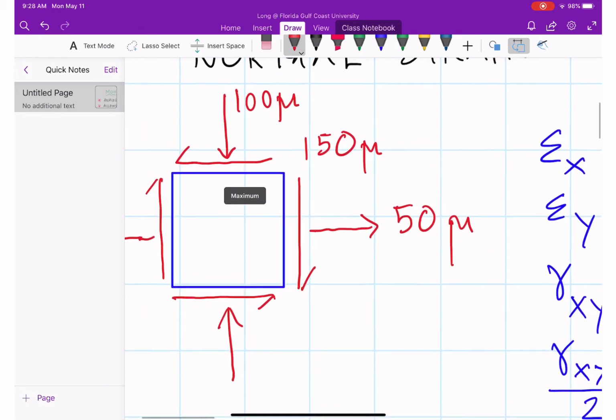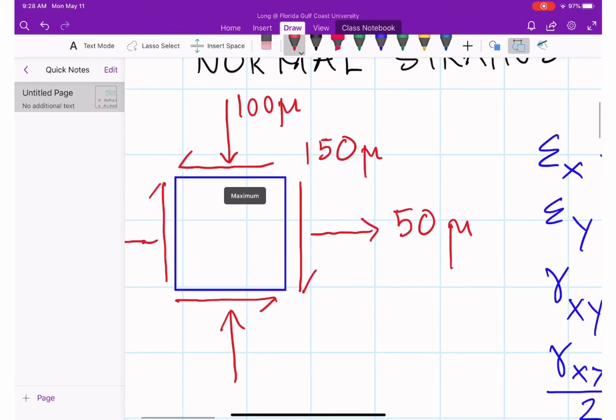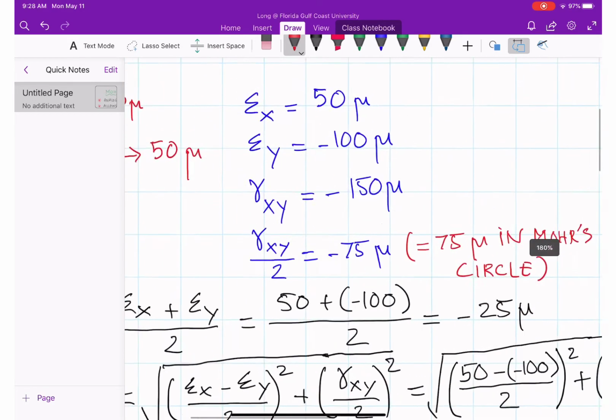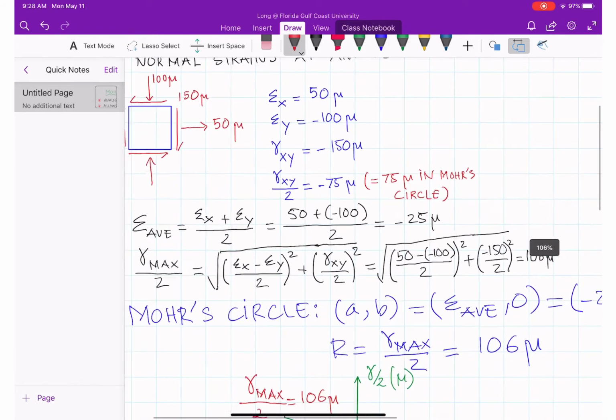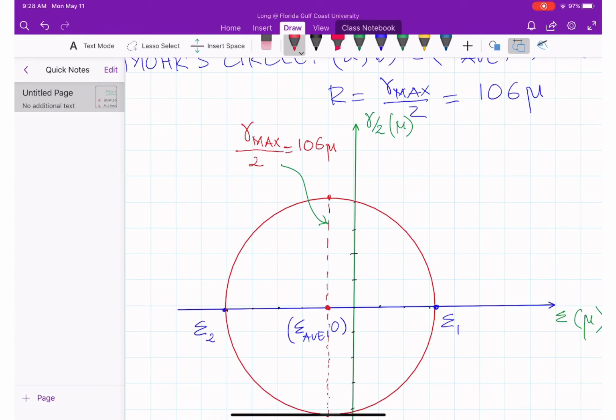On the positive x plane, the vertical plane on the right, the shear strain gamma tends to rotate the blue block clockwise. That's why it's positive in the Mohr circle, and I also noted that earlier. From that, we can find the location for x. It will be there, and that is the x plane, the positive x plane, and that coordinate is 50 positive